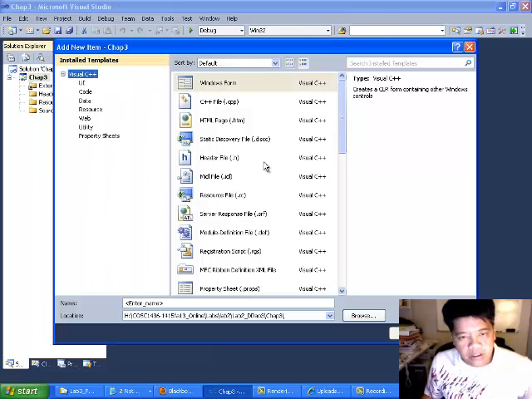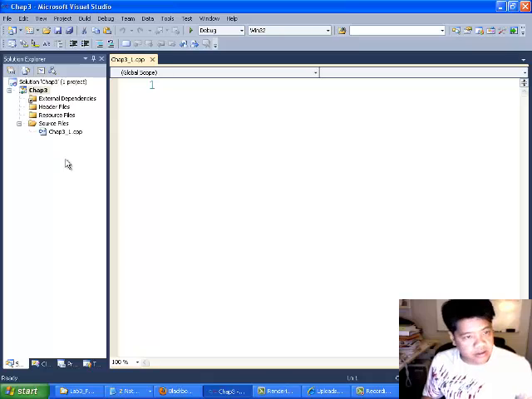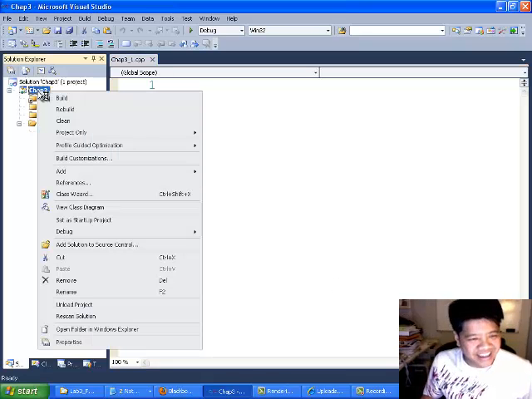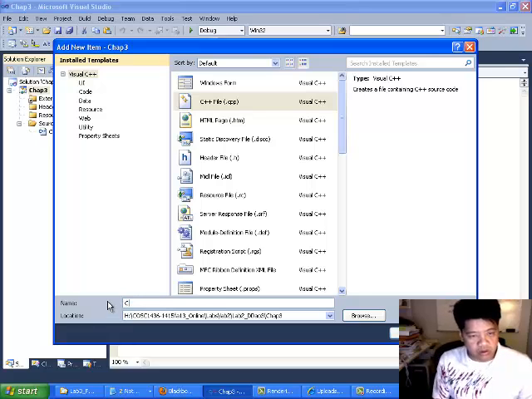new items. Select CPP, and just name it chap 3 underscore 1. That's your first problem that you're going to program, right? And you can click on add. Here it is. I don't care if you want to do that now or not, but I'm going to do just a few so you can see what I'm talking about. This becomes chap 3 underscore